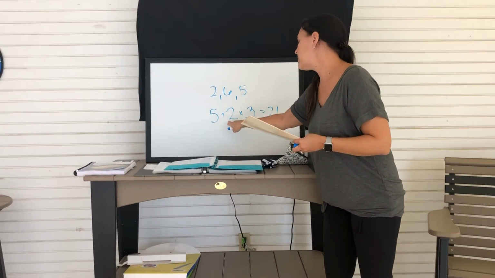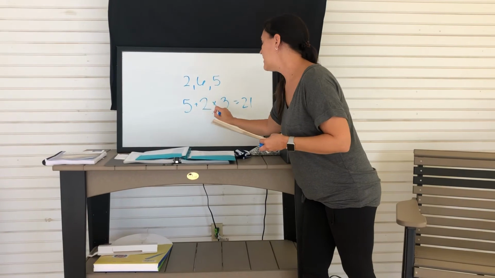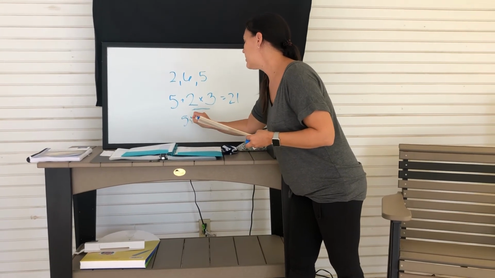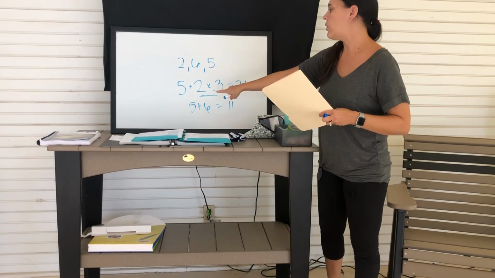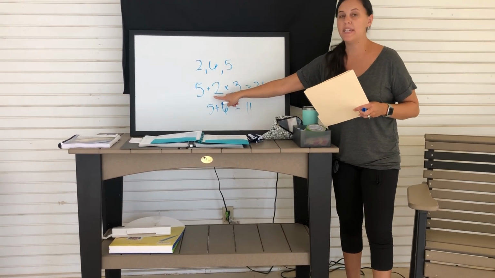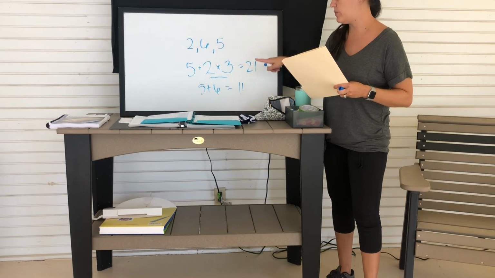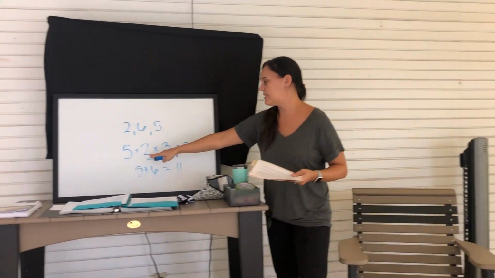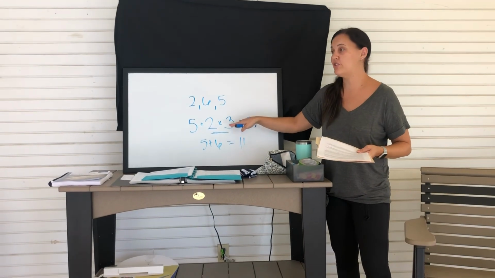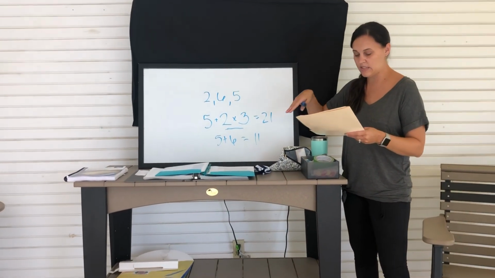Now if I just said 5 plus 2 times 3, then this would have to be done first, and it would be 5 plus 6, right? Which does not equal 21, right? So I would say 5 plus 2 is 7 times 3 is 21. You have to state your problem as you go, and that way you wouldn't have to say this part first necessarily, you just have to make it clear. Does that make sense? Mm-hmm. With order of